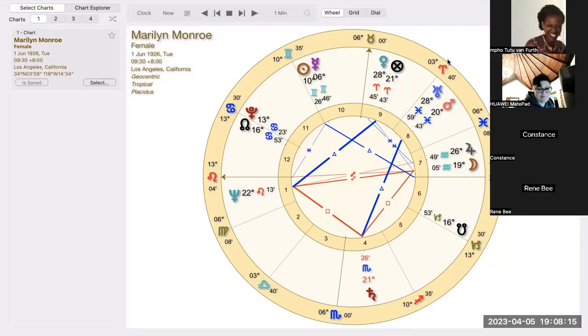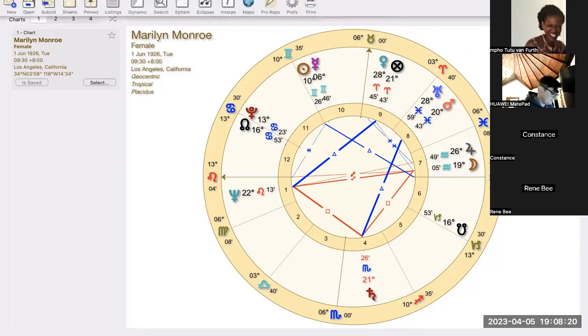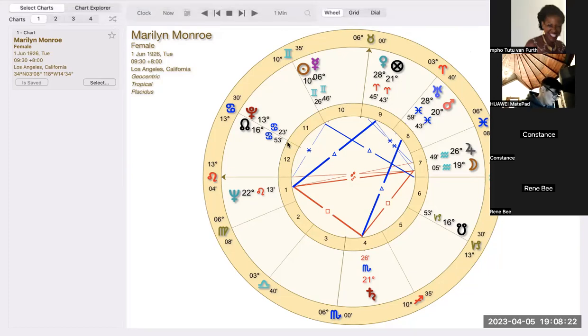Okay, I think it's just the getting the houses down is probably a thing that comes more and more with practice, but let's do that and then go back and do something else again. So, okay, we start with house 1, and house 1 is in the sign of Leo,